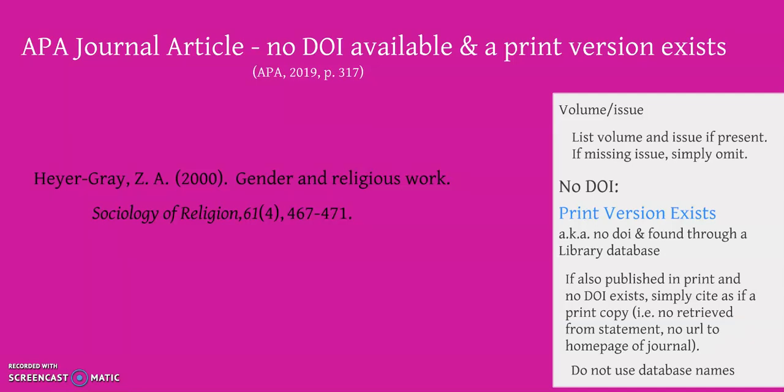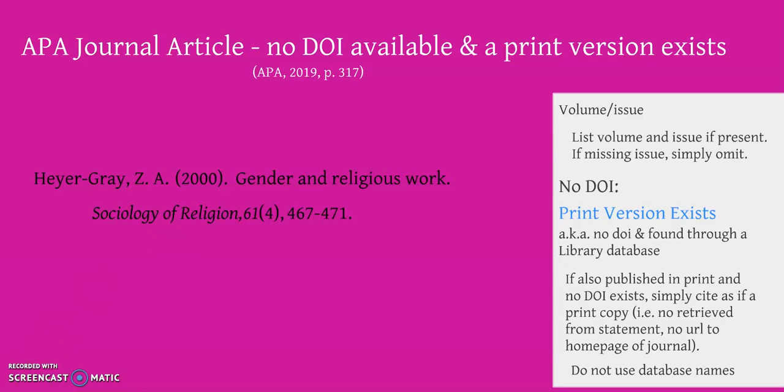Let's explore this in a little bit more depth. We start out by including the author, and this journal article is authored by one individual, so we just include their name, followed by their initials, the year of publication, the name of the journal article, and notice we only capitalize the first word here. Then we include the name of the journal itself, and so we capitalize all the major words,